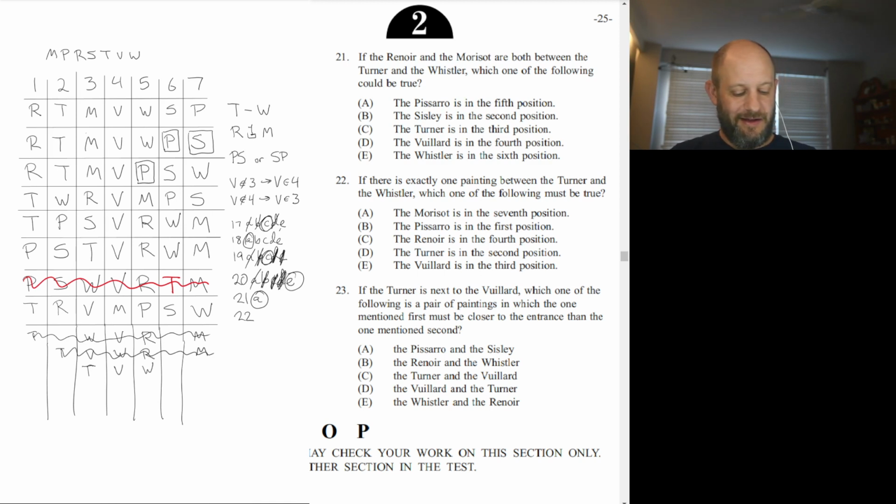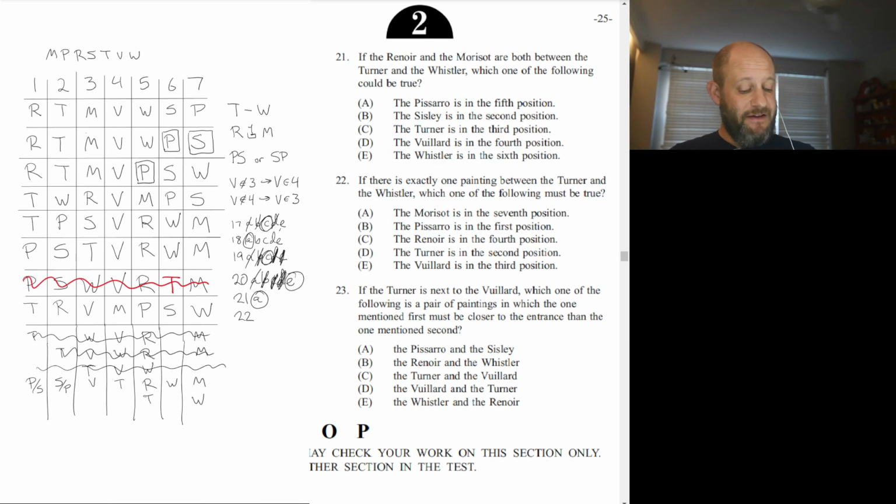I'm learning a lot. What if I put them fourth and sixth? Forces V there. Now P and S and R and M have a possibility. P, S, and actually it could go the other way as well, so I want to make sure I account for that. And then R and M go there. So that's certainly possible. And then if I put T and W here,